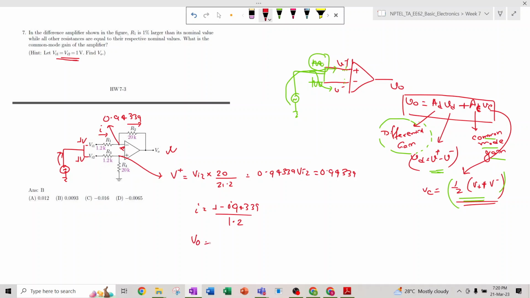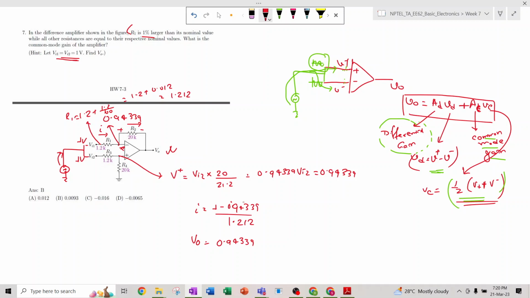So this VO will be nothing but this voltage, 0.94339. Oh, one thing I have done mistakenly. R1 is 1% larger than its nominal value, so R1 is no more 1.2 kilo ohm. R1 changes to 1.2 plus 1% of 1.2, that means 1.2 by 100, so 1.2 plus 0.012, that means 1.212. So this output voltage will be this voltage